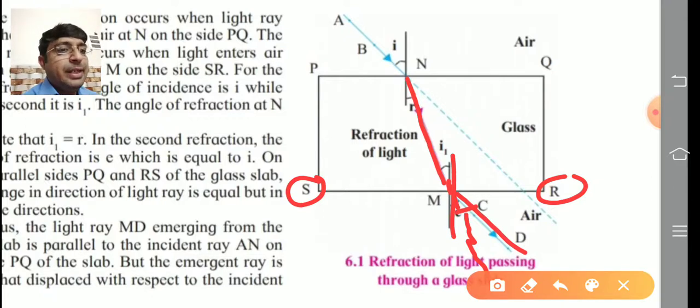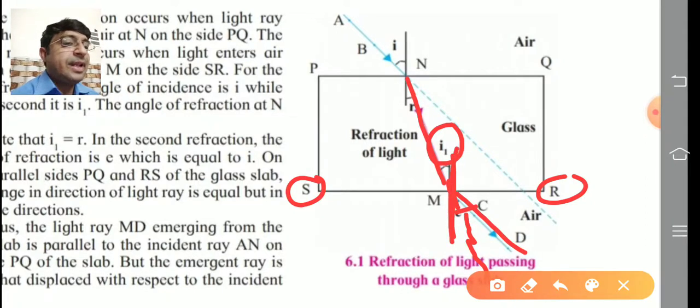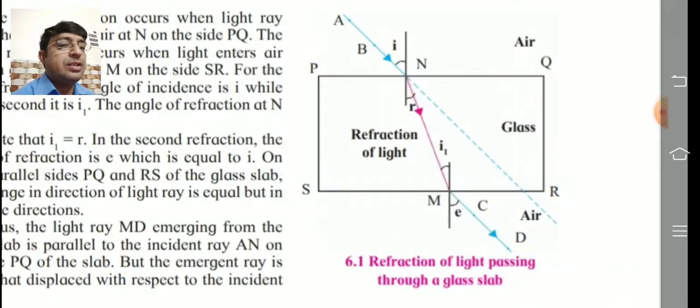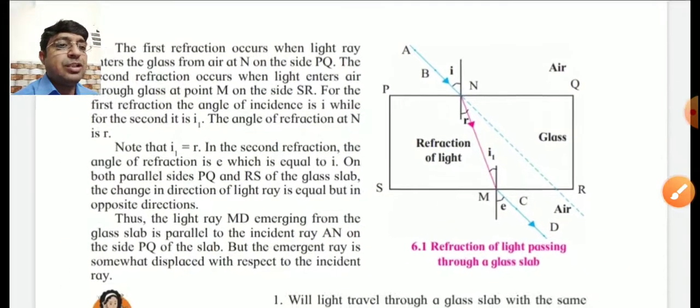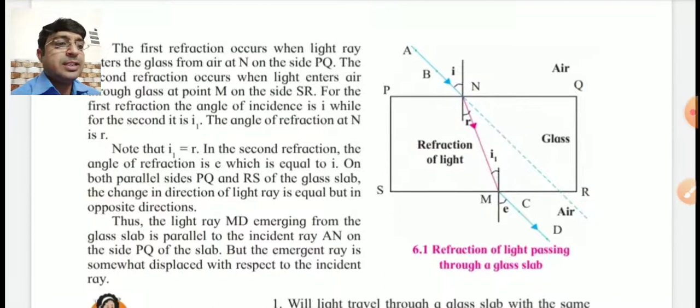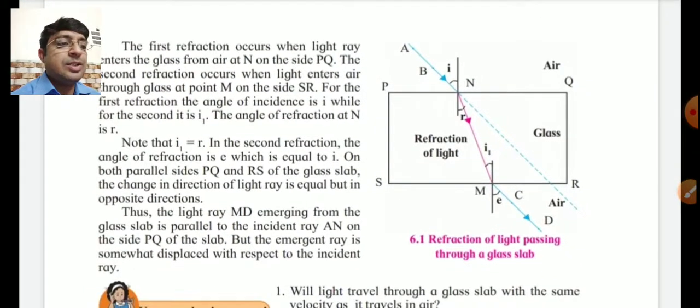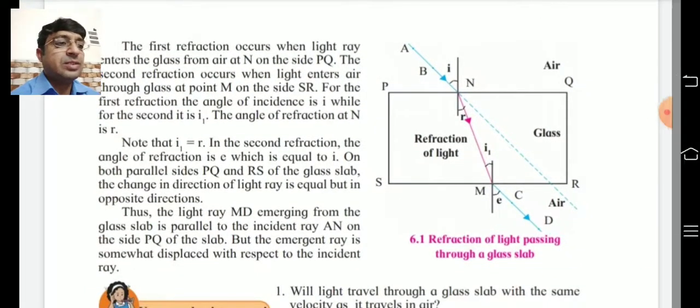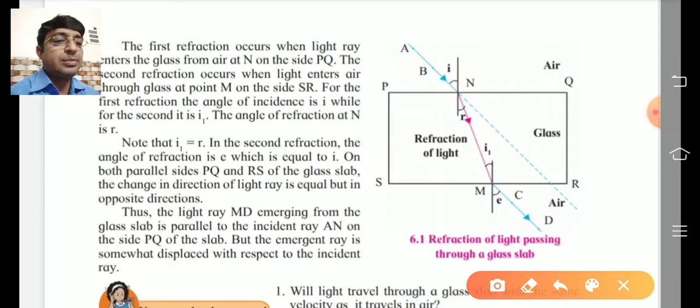The angle made between the second incident ray NM and the normal is called the second angle of incidence, and the angle made between this normal and the second refracted ray CD is specially called the angle of emergence, and the ray is the emergent ray. This is a little explanation about this experiment. This experiment is given in our science journal also. So we perform this experiment later on. See the explanation.